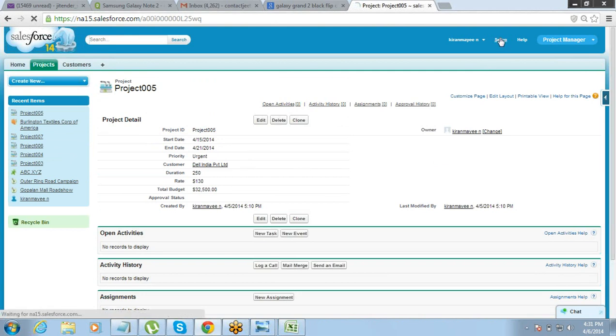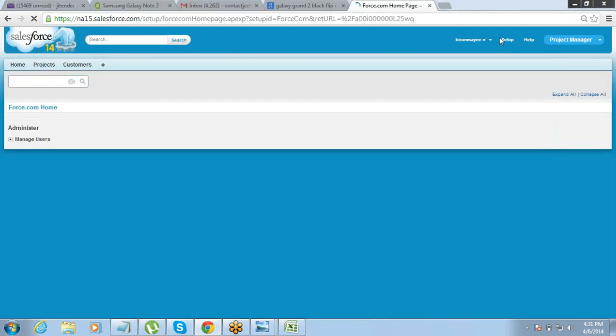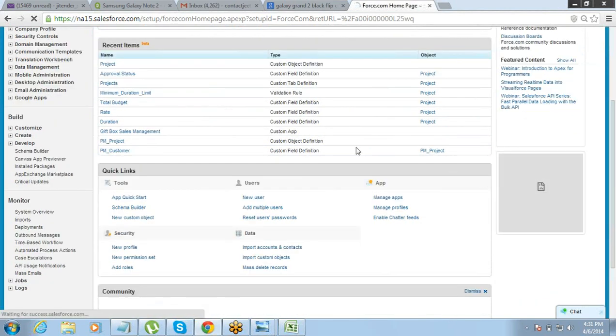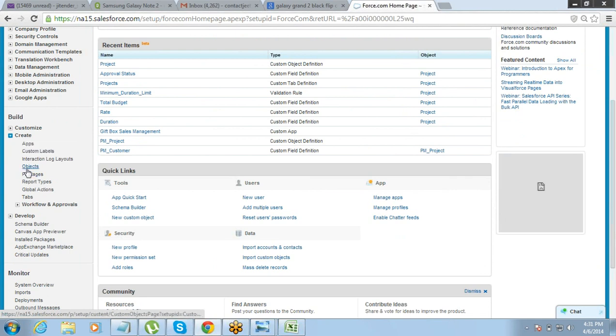It's very simple. Go to setup. Go to create, go to that particular object.